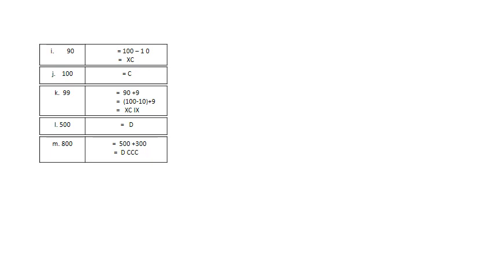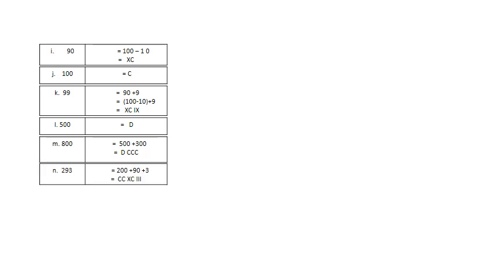Next one, 800. Now student, this 800 we will split in expanded form. We'll write this as 500 plus 300. 500 plus 300 become 800. Now this 500 is the basic symbol, and 300 we will split in the simple way depending on our basic symbol. So the value for 500 is D, and the value for 300 we write down 3 times 100. So C, C, C become 300. So 800 can be written in Roman numeral as DCCC. D means 500 and CCC means 300. 500 and 300 become 800.